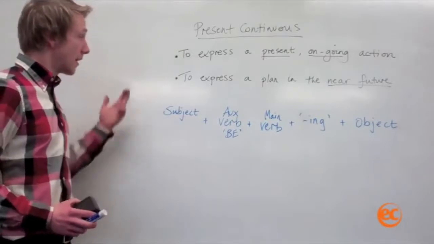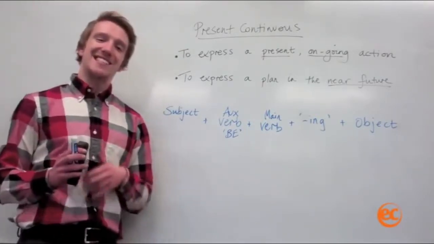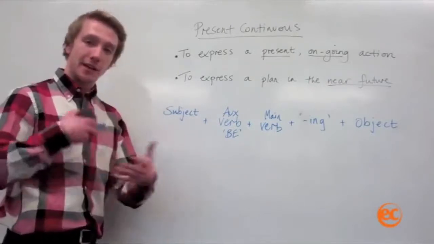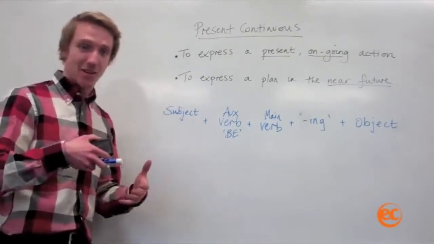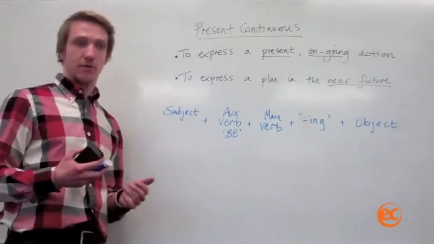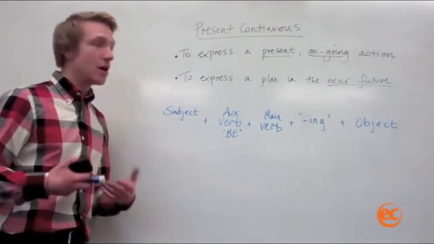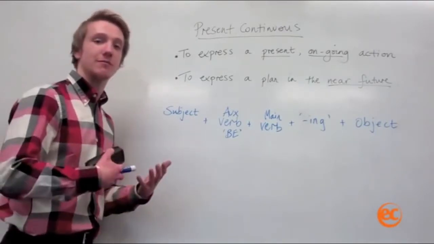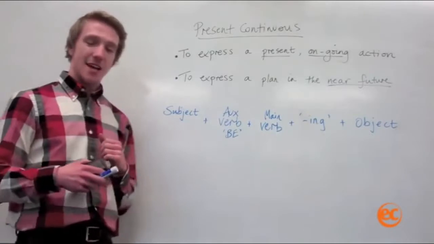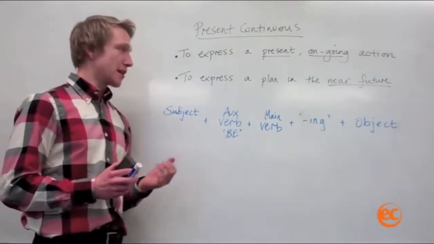The first is to express a present ongoing action. That's an action that's happening in the present. Quite literally. Now, I am speaking. I am continuing to speak. My behaviour is ongoing. The second context in which we might use the present continuous is to express a plan